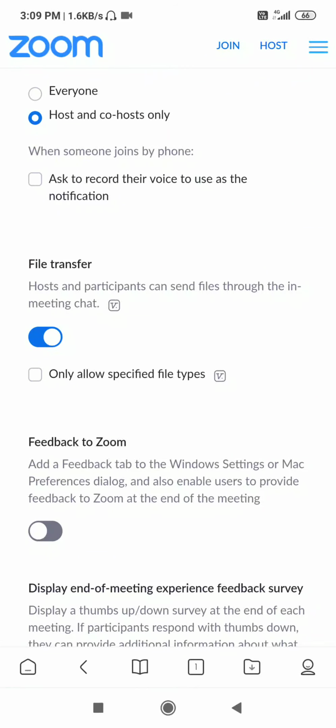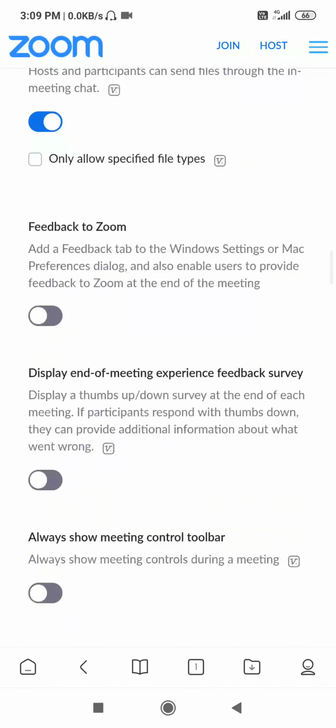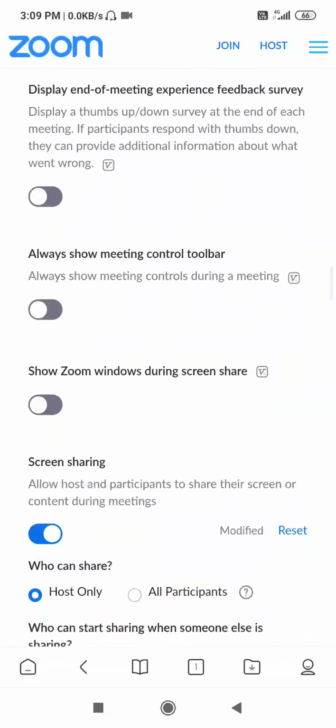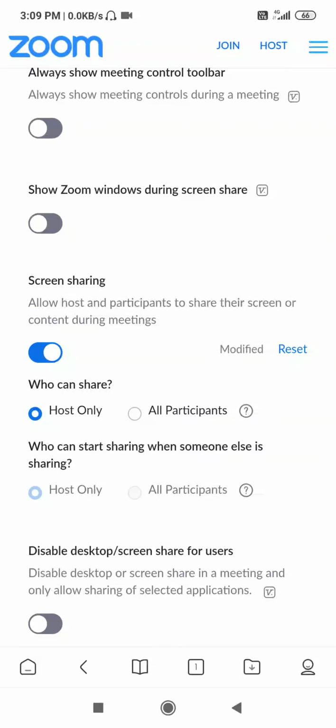Now make sure that this option, screen sharing, is set to host only.